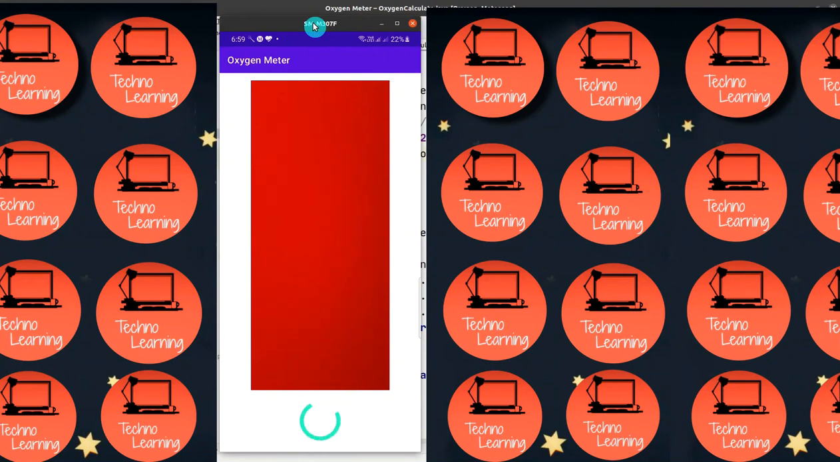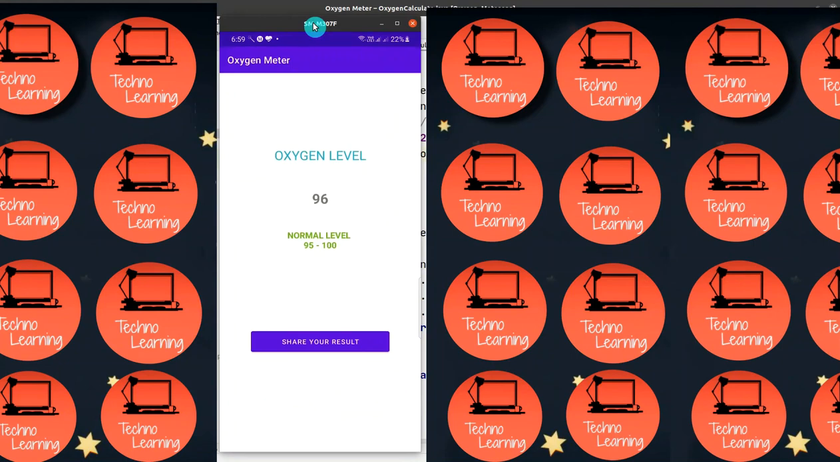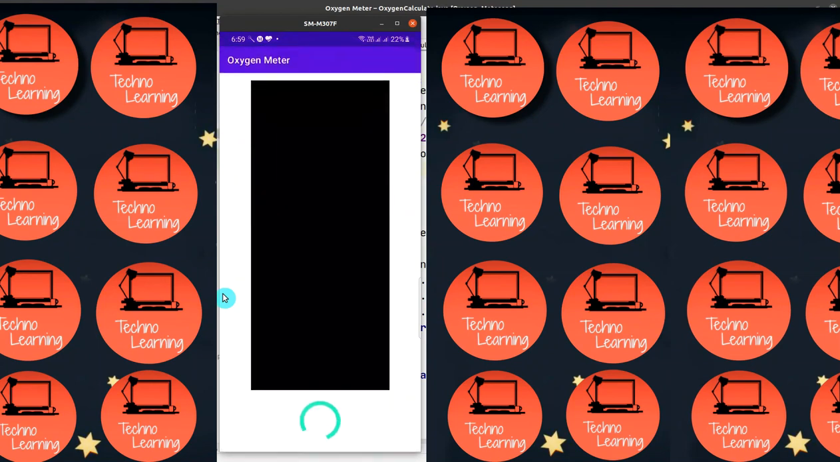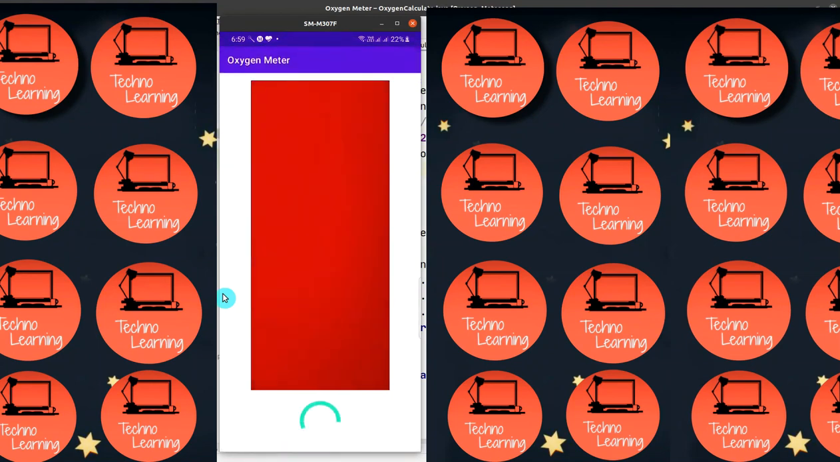This will keep on working. And by clicking on share result, you can share a result also, the 96 oxygen level. Again I have to click on measurement start, and I've clicked, and just put your fingers on the camera as I have shown you a few moments earlier. This will show you the result as it showed you previously. And make sure